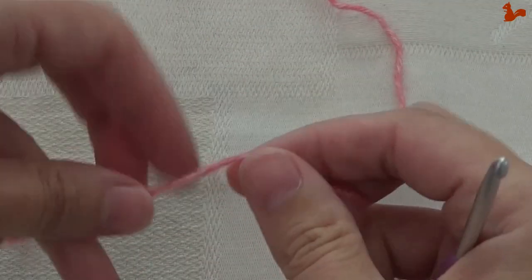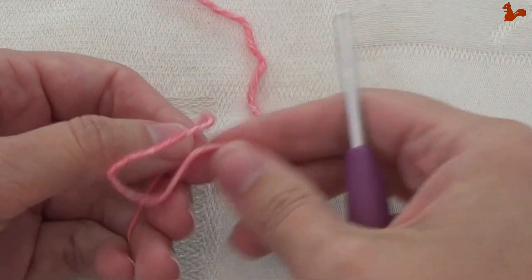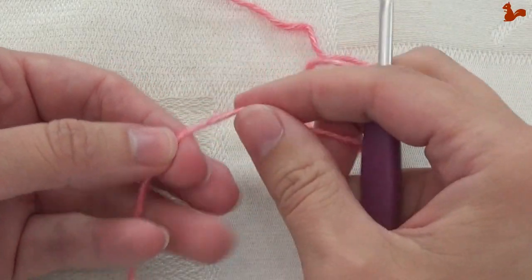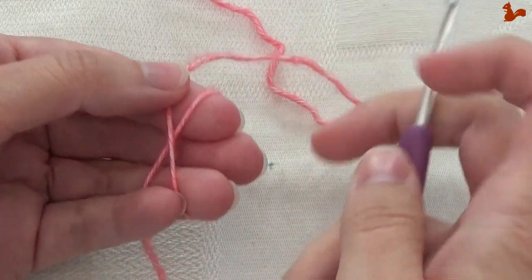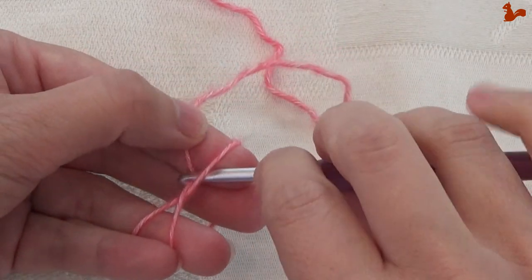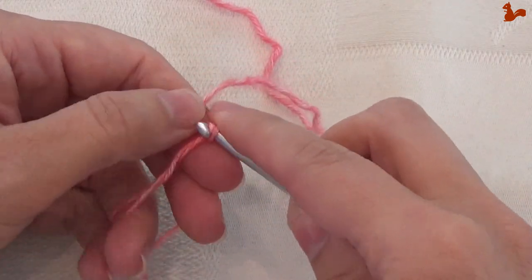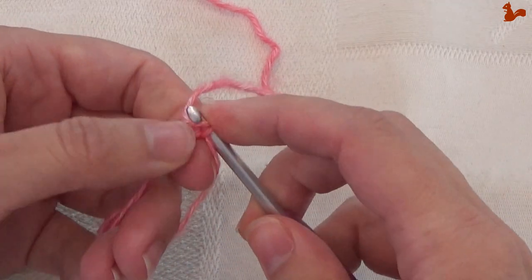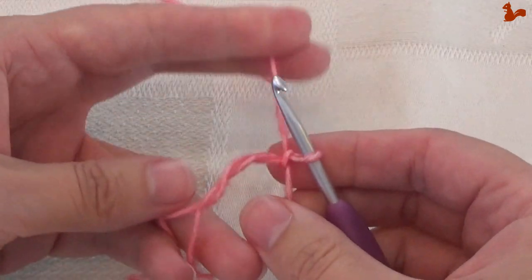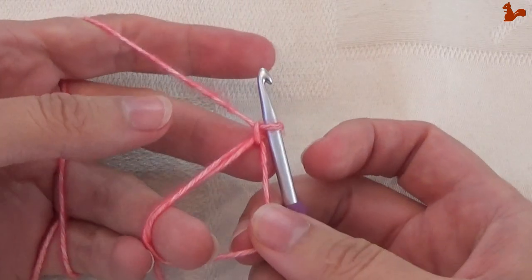Round 1, you have color 3 and a 4mm hook, or actually hook A I should say. If you have a Color Crafter package it will be a different size. I'm going to start with the magic ring. So I'm going to fold the yarn over, underneath, grab that thread and grab it again and pull through. Oh no, I've just closed that loop too little. There we go. If you prefer you can also do a starting chain and closing with a slip stitch, but the pattern says a